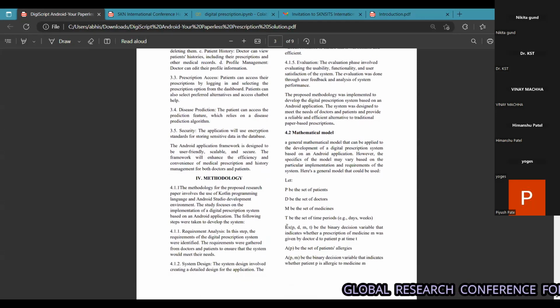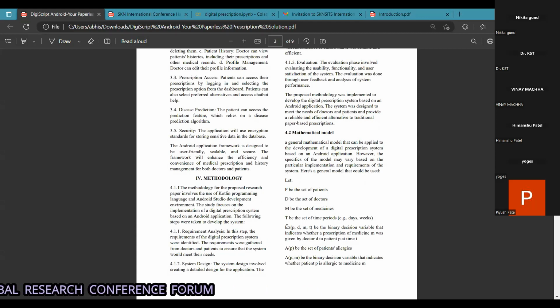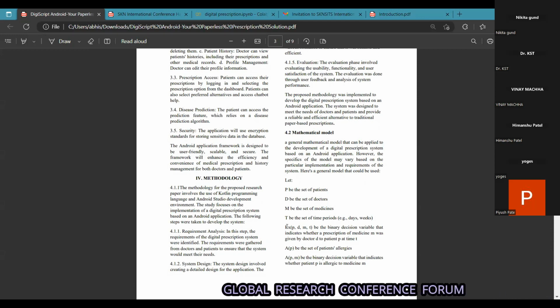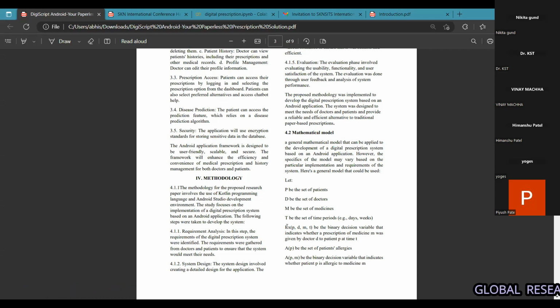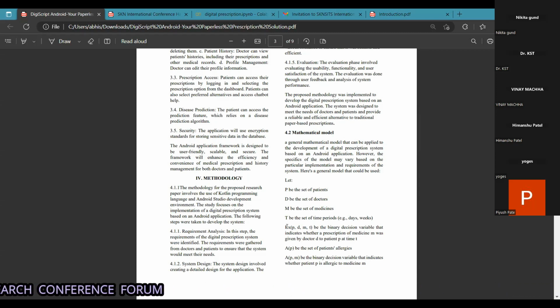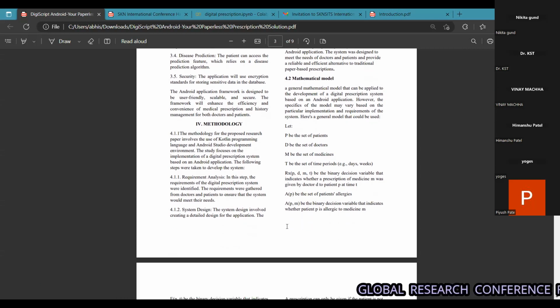And for the methodology, this project focuses on the implementation of a digital prescription system using the Kotlin programming language and the Android Studio development environment. The methodology involves five steps: requirement analysis, system design, implementation, testing, and evaluation. During the requirement analysis phase, the requirements of the digital prescription system were identified by gathering inputs from doctors and patients. We have also developed a mathematical model